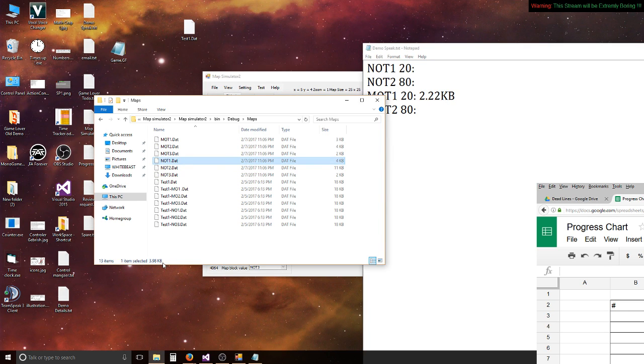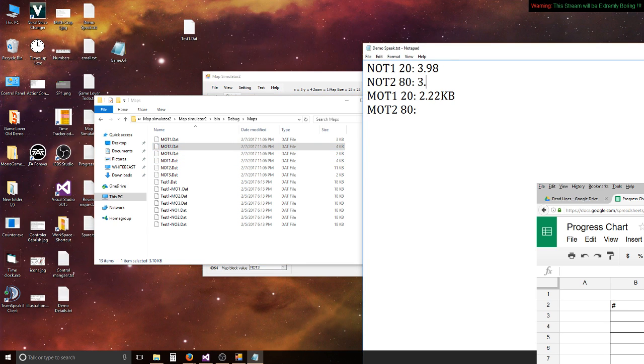This one is 3.98 kilobytes. This one is 3.1, and this one is 10. Do you see the difference? I'm happy. You can see the difference in here. And wait, sorry, I reversed them. So with 80 objects,